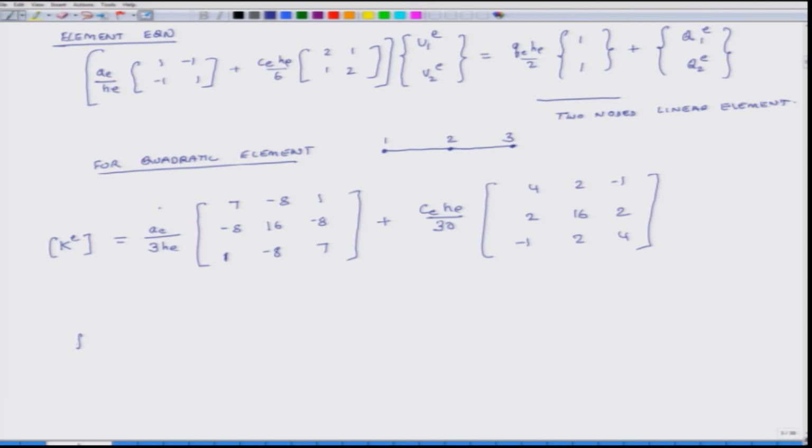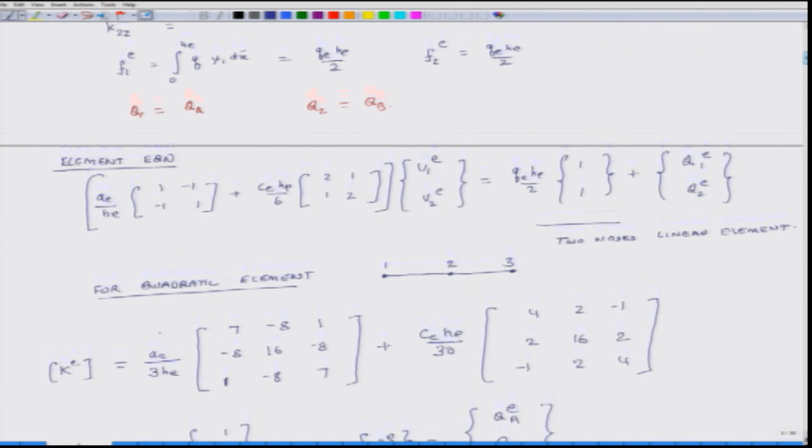Further, my FE vector is equal to QE HE over 6 [1, 4, 1], and my Q vector is, actually I will write, to remove confusion, QA and QB. And at this stage I wanted to make two important comments. When you look at